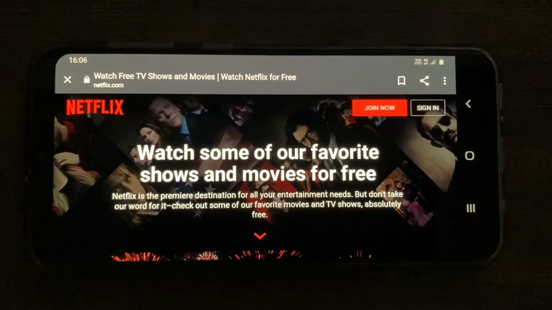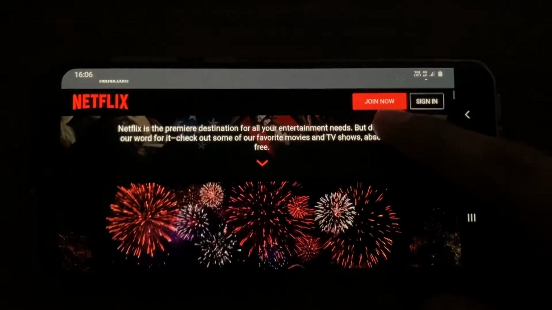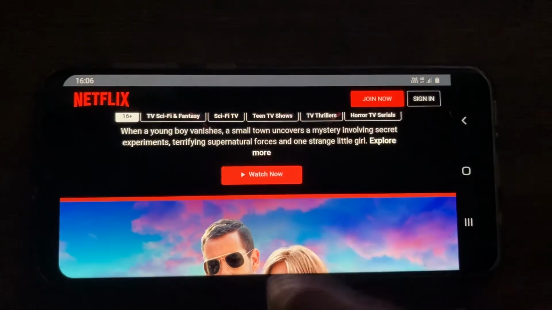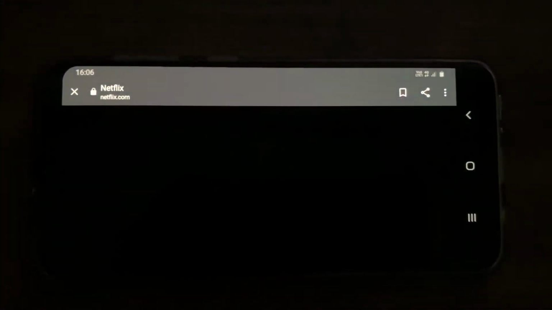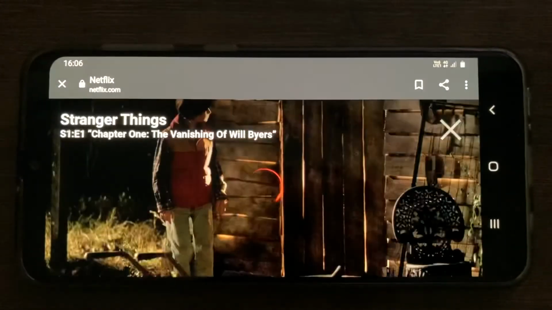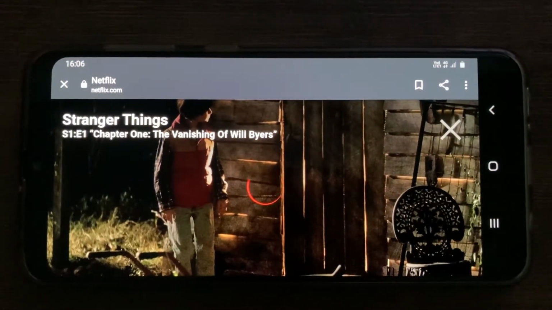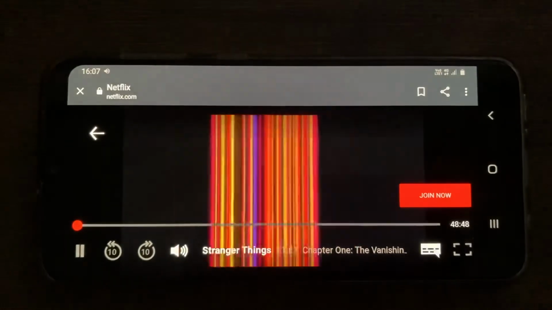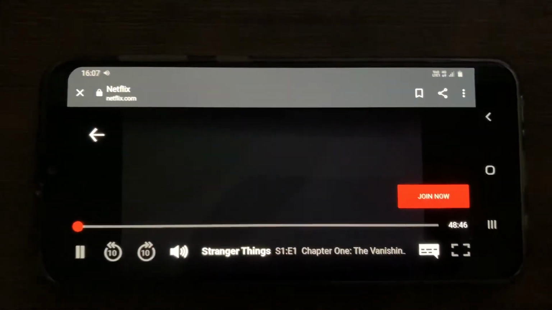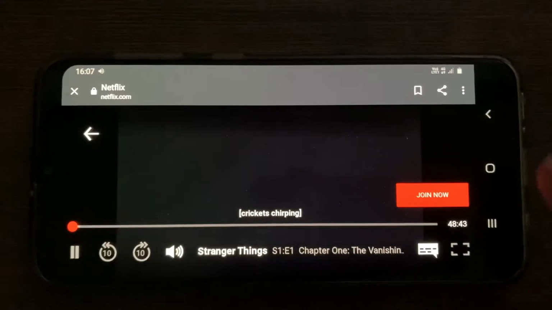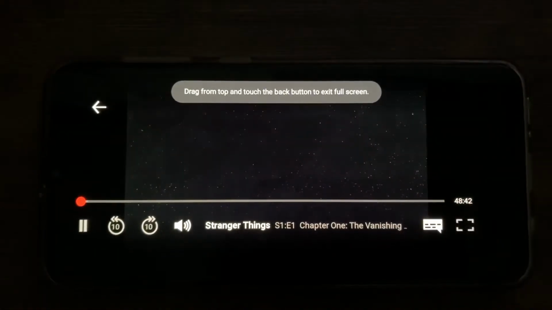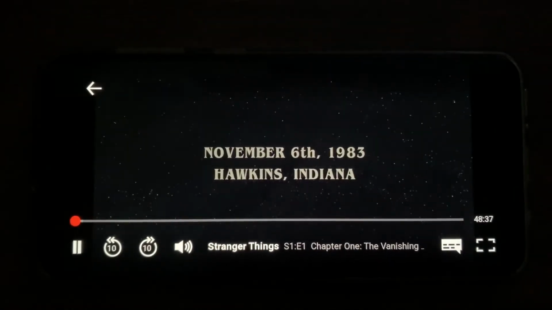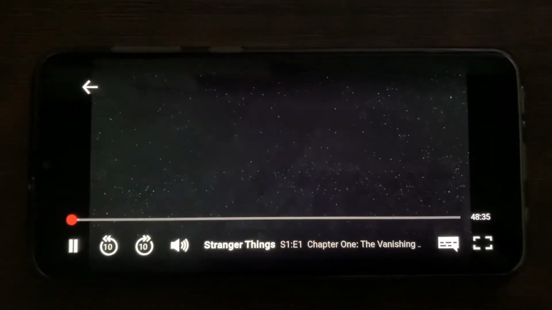Anyways, you're supposed to click the very first link after typing in free Netflix, and you will get this layout from Netflix itself. Anyways, let me click the very first show. This is Stranger Things. As you know, this is a pretty popular show from Netflix itself. It will take a certain time to load, but after this step you are all set to enjoy the whole show. Anyways, as you can see, I haven't logged in, or I haven't signed in anywhere, and Netflix is also not asking me to sign in or to join this very account.